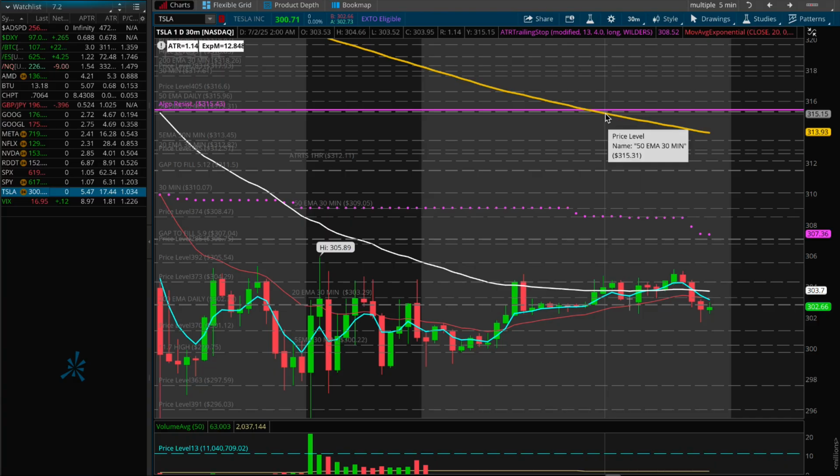However, the 200 EMA on this 30-minute chart as of now is around 313.93. Now let's look at the downside for Tesla, because y'all know I say in this market anything is possible, right? So if by chance we break under this level of 302.26, and I kind of want to mark that,